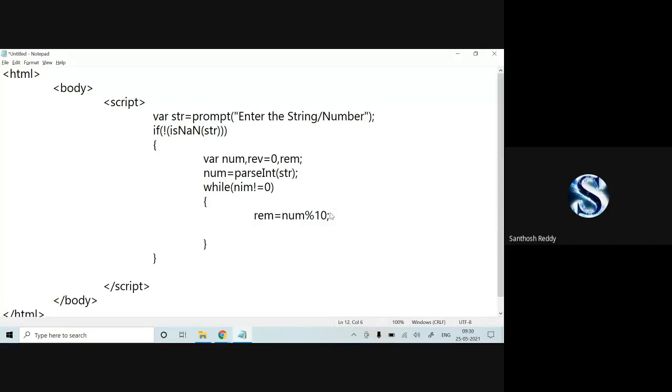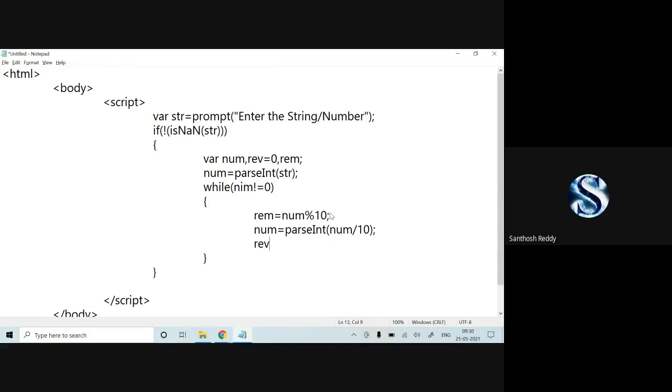Now next we have to convert this. So num is equal to parseInt of num divided by 10. This you have to do. Then again we have to do the multiplication.